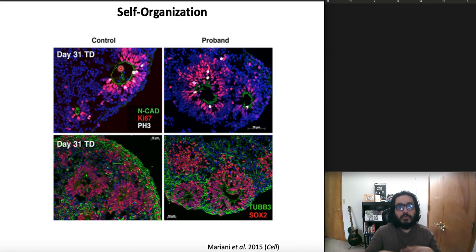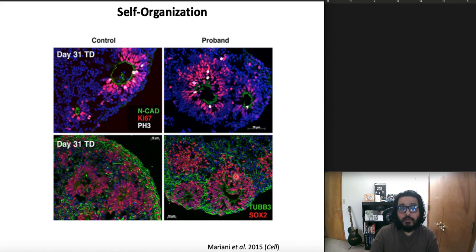Okay, so this is what a real organoid looks like. All the images I showed you before were just schematics of an organoid. So this is a true organoid, and on the left here would be organoids from a control patient, and on the right here would be organoids taken from stem cells from a patient. I don't know which disease this is, but you see staining for different kinds of cell types, and you can see you have this ring of one kind of cell type in the middle here, and then surrounding that you get cells that are only staining for this kind of pink stain, and similarly here you get these ring-like structures